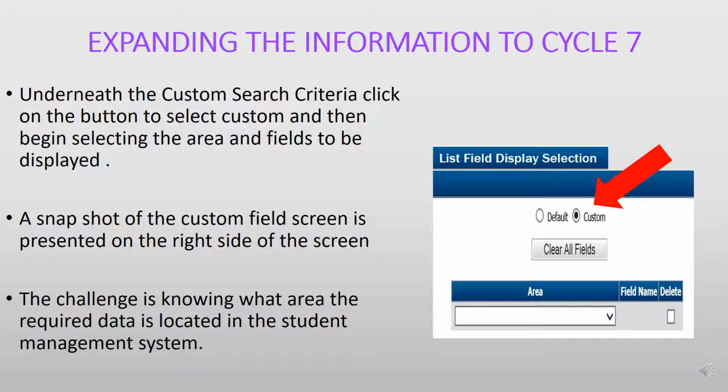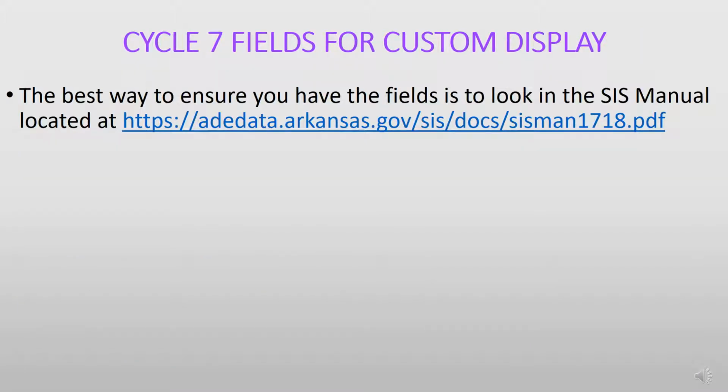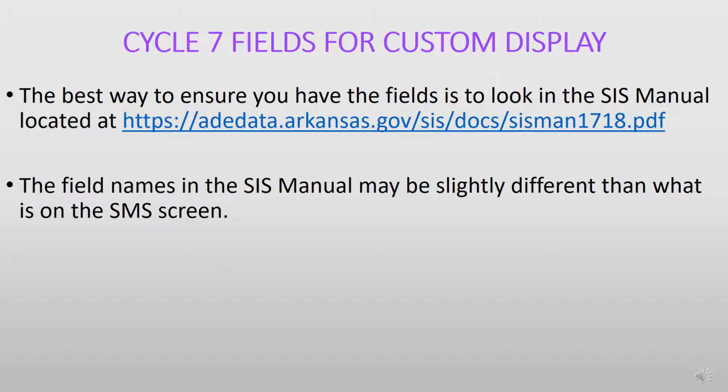The challenge is knowing what area the required data is located in the student management system, and you may have to do some exploration. The best way to ensure you have the fields is to look in the SIS Manual, which can be found at the ADE Data Center website. The field names in the SIS Manual, remember, may be slightly different than what is on the screen of the